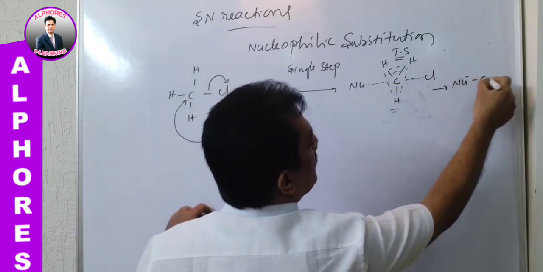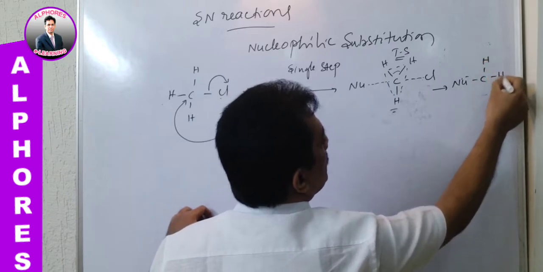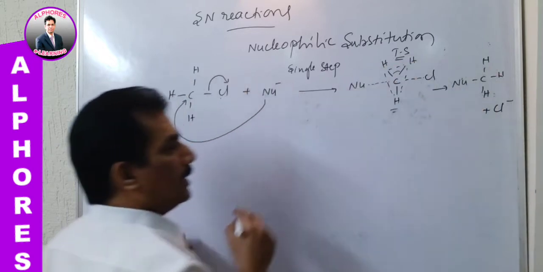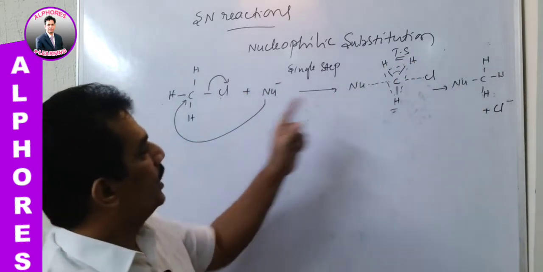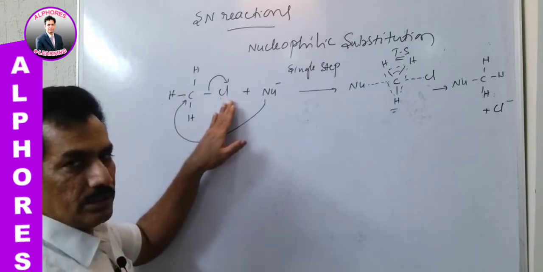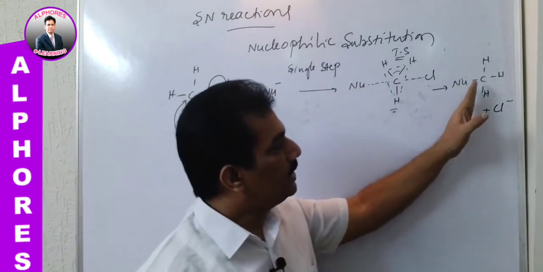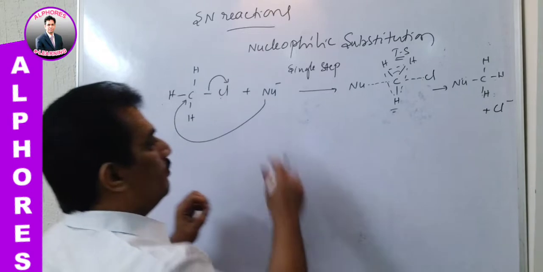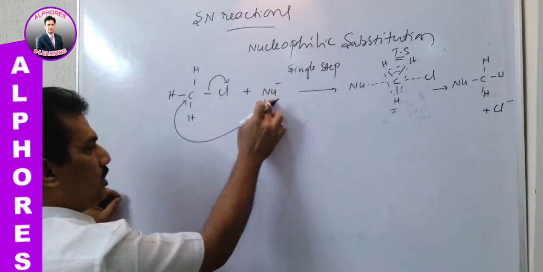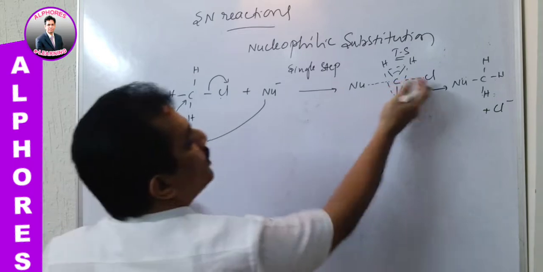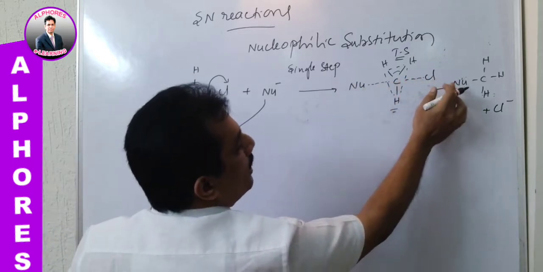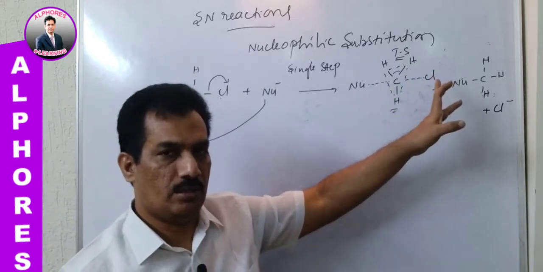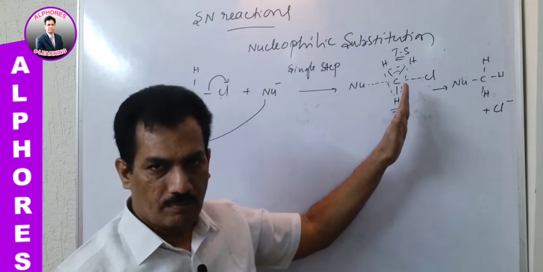Now what we are getting is CH3 and the chloride is getting out. If you observe, the chlorine was present on this side, but the new incoming group is present on the opposite side from where the chlorine left. Clear? This type of attack, where the nucleophile always attacks opposite to the leaving group, is because when it attacks on the same side, it is not possible for the leaving group to leave the substrate. That's why it is always from the backside.